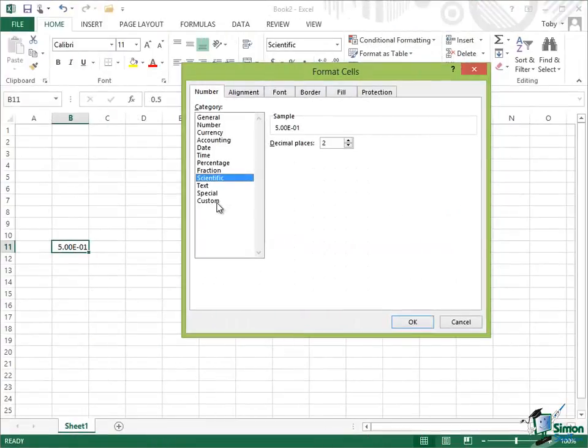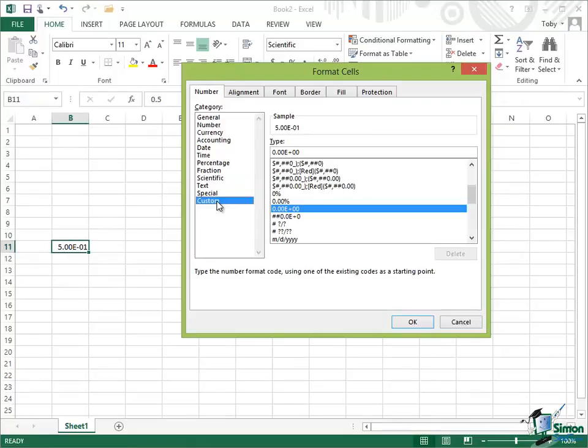So let's now look at these last 2 codes here. We have custom and special. Custom we saw before, and with custom you can create a sort of pattern, and you can require that data entered into one or more cells follows that pattern. Now using the custom format is beyond the scope of this course. We did see an example earlier on where it had interpreted what was intended to be a date as a custom format. But if I look next at special,